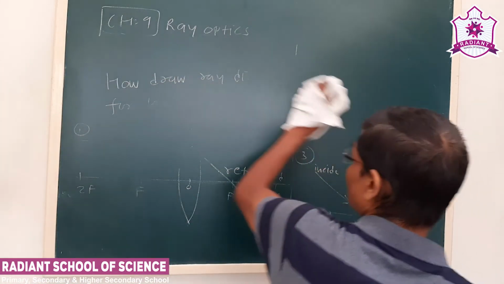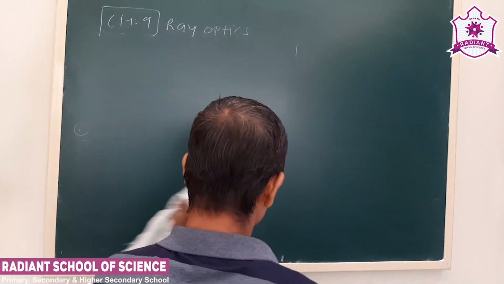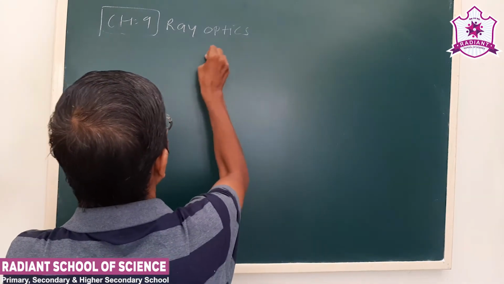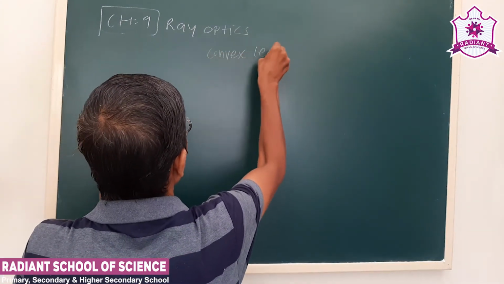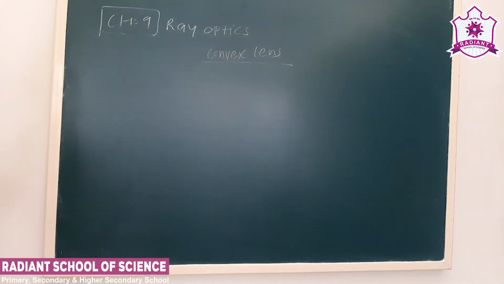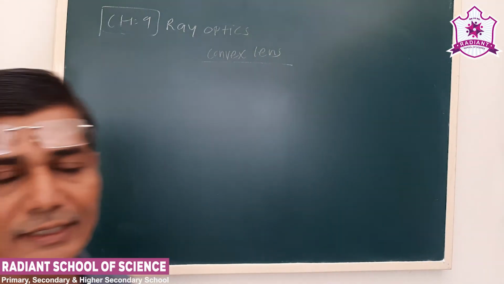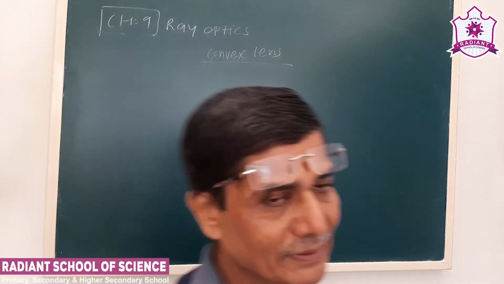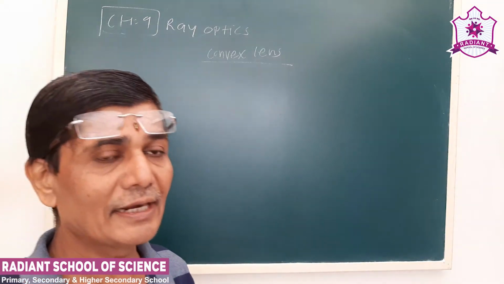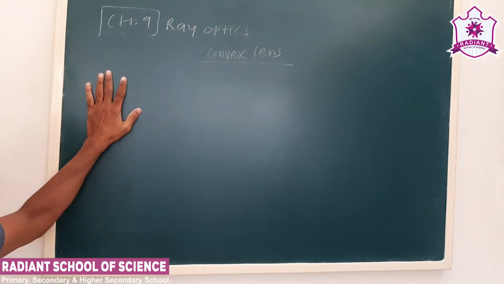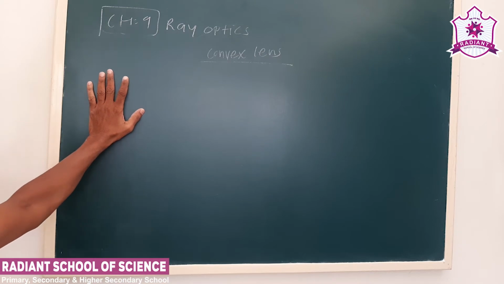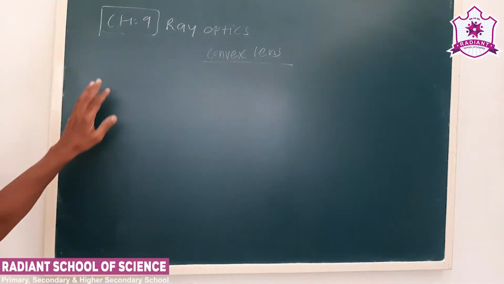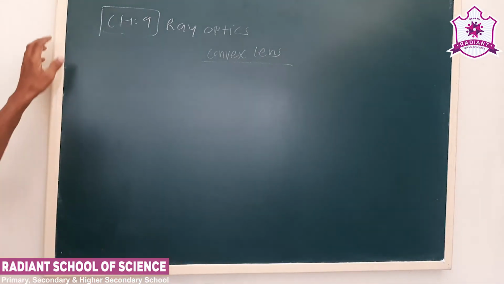Now let us see how the image is formed for the convex lens. For a convex lens, there are 6 conditions. This diagram you studied in the 10th standard. Right now I am not drawing it; I have shown you the basic principles of how we can draw a ray diagram. Right now I write it in a tabulated form, and you can draw the diagram and verify it. But we have to see how the image is formed in the case of a convex lens and a concave lens.